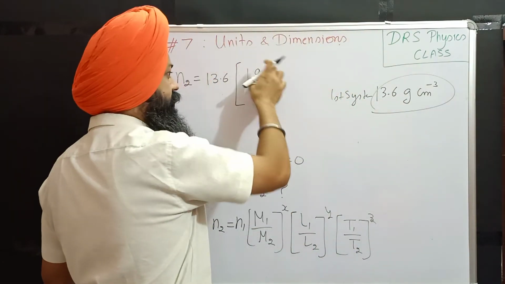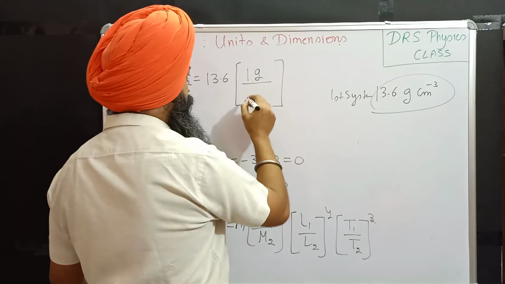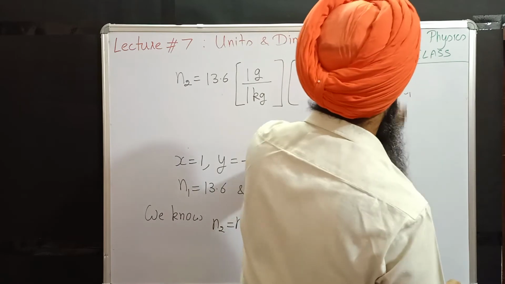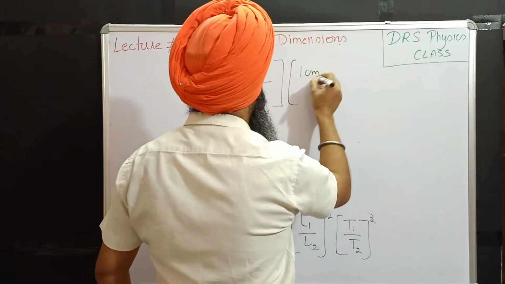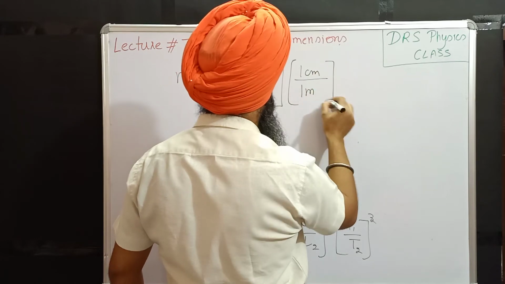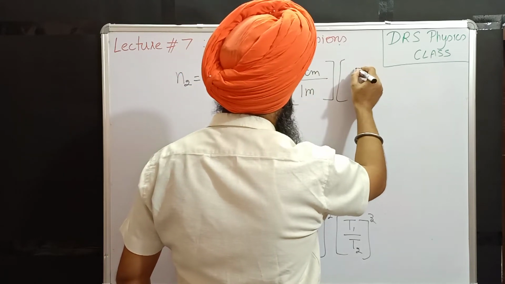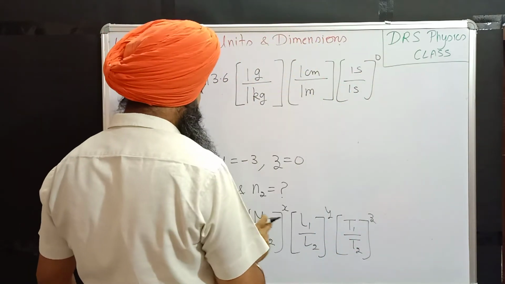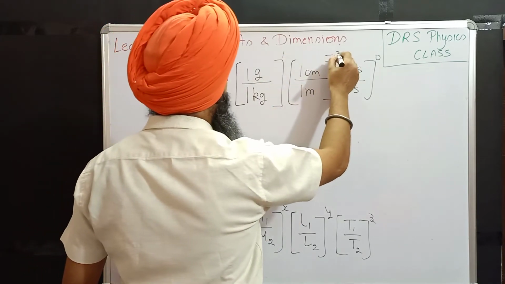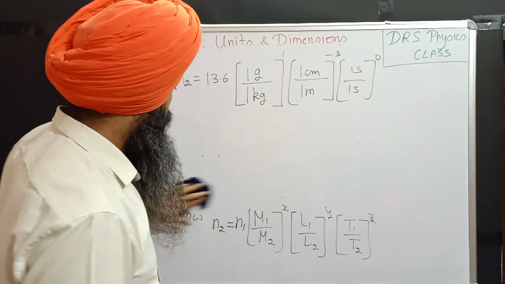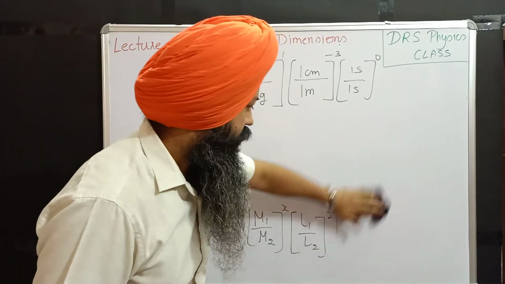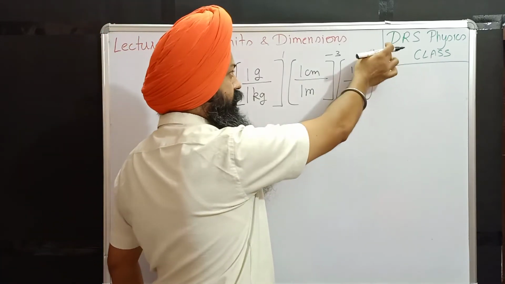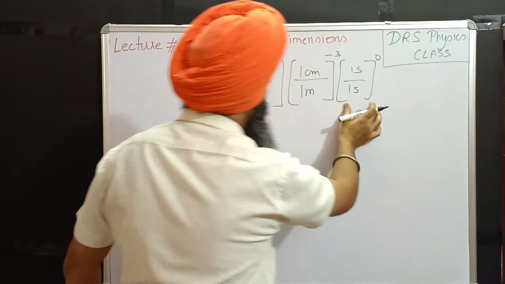So it would be on the upper side, gram, and we have to go to kilogram. Here we are having centimeter. We are moving towards meter. And second, power 0. Here power x is 1, y is -3. The value of this last term, because if something is raised to power 0, answer would be 1. So this term gives us 1.